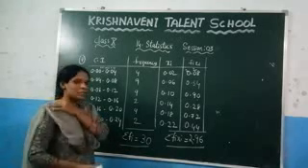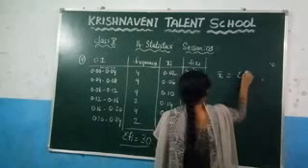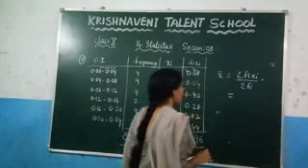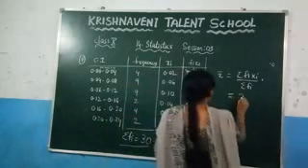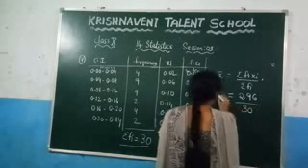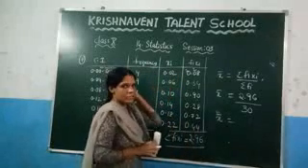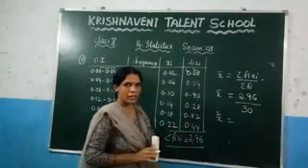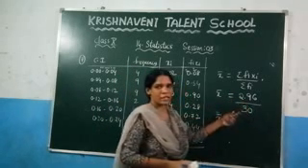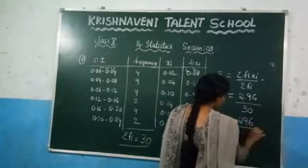Now you need to find the value of the mean by using the direct method. What is the formula for the direct method? It is sigma fi xi by sigma fi. Now the value of sigma fi xi is 2.96, and this value is 30. Now you need to divide. Before dividing, let us remove the decimal point. If you remove the decimal point, the calculation will become simpler. So how do you write this? 2.96 you can write as 296 by 100. So write it here, 296 by 100.